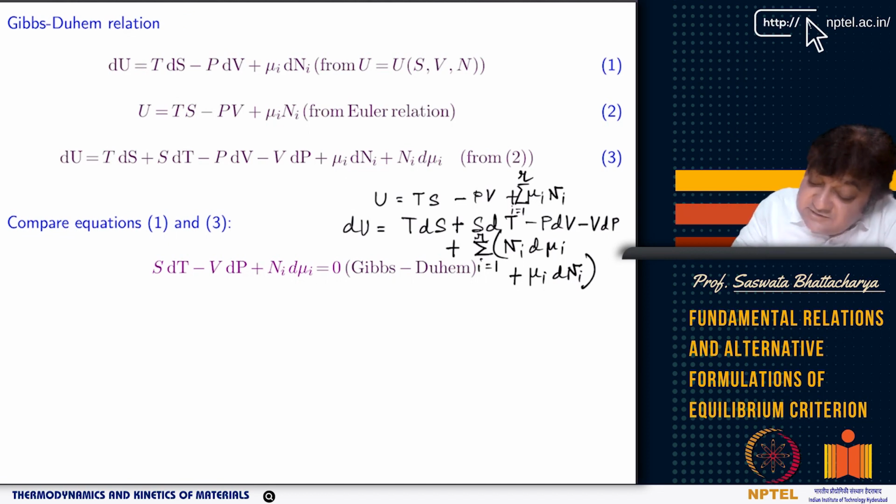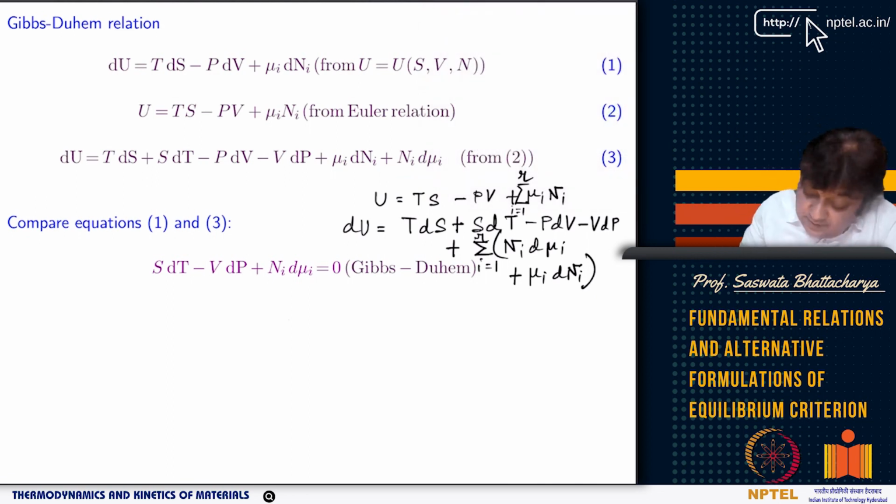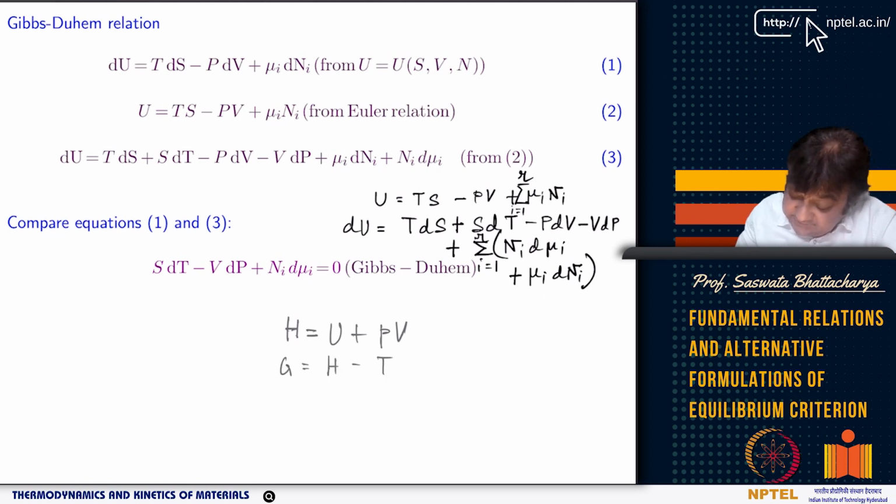what are the different thermodynamic potentials we have defined? We have defined, for example, H equals U plus PV. Then we have defined G equals H minus TS. So you have defined H, you have defined G, and then F, the Helmholtz free energy. How do you define all of these thermodynamic potentials? Gibbs free energy, enthalpy, how are you defining this? What's the basis of defining this? So you will see